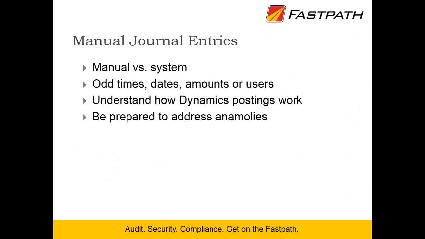So a manual journal entry is something where you go straight into the system, type in a journal entry, and hit post, versus a system journal entry, where you build the posting profiles on a vendor, and when you post a transaction, it's pulling that from the application, right? You don't go in and build the general ledger distributions each and every time.